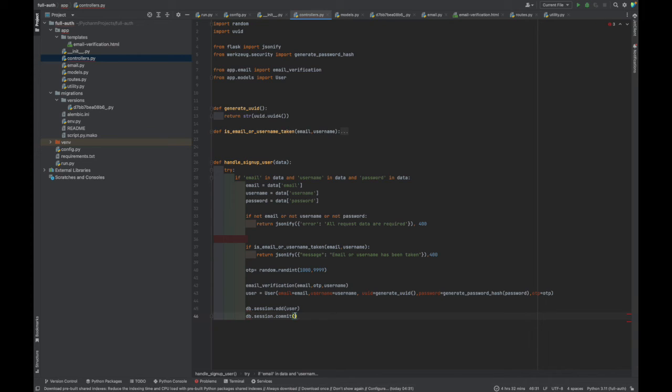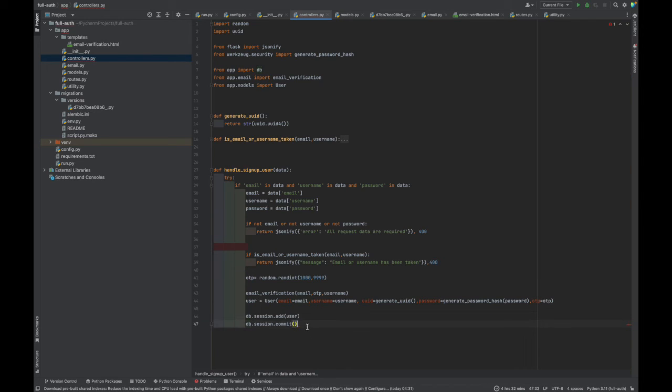Yeah. So we need to import this DB. All right, import DB. Great. So the next thing we now need to do, having done that, is generate a JWT token as well. So we're just going to say access token. Let's call it access token. Okay, access token is equal to create